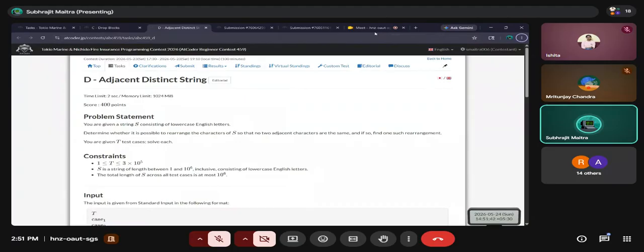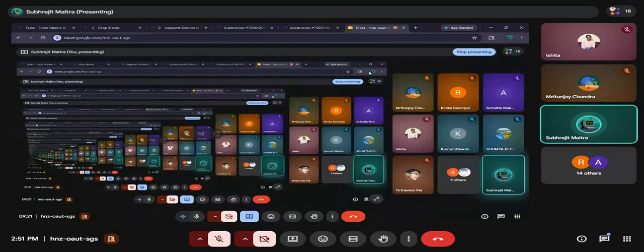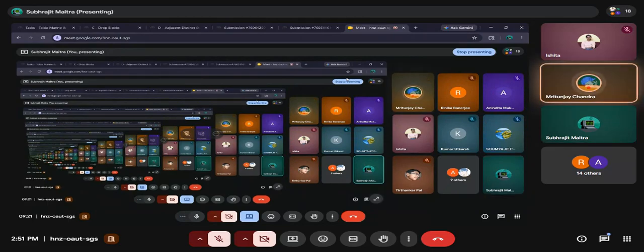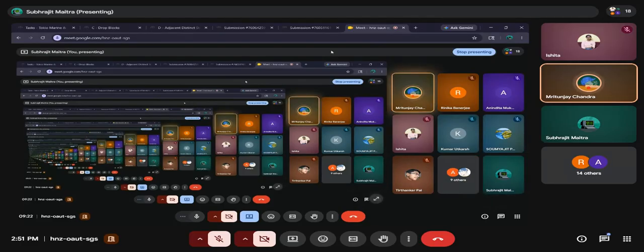Did you approach this question during the contest, or after seeing C, you had not even gone to D? Yeah, I have tried and I approached it like this. I have stored the counts of every character, and then the maximum occurring character should be placed at the zeroth index, 2nd, 4th index, like this.